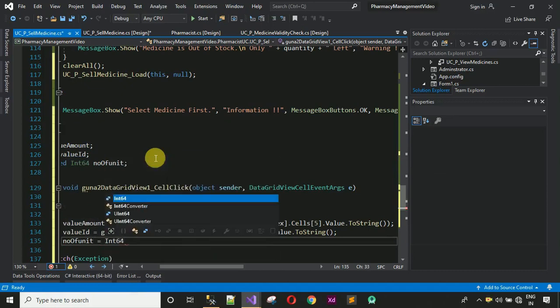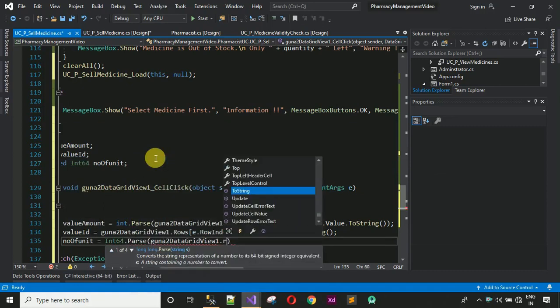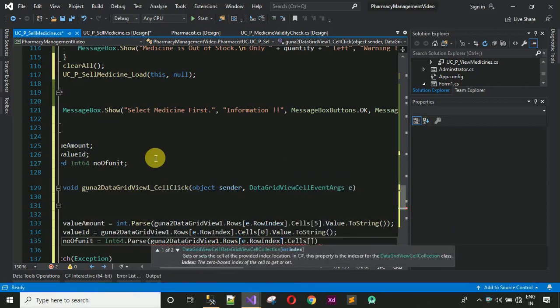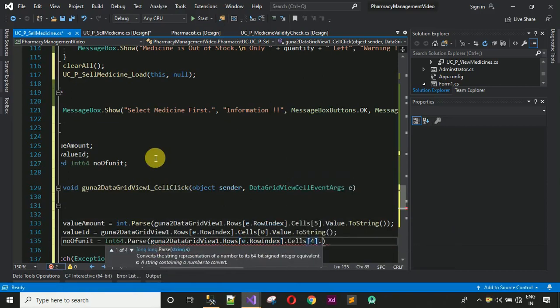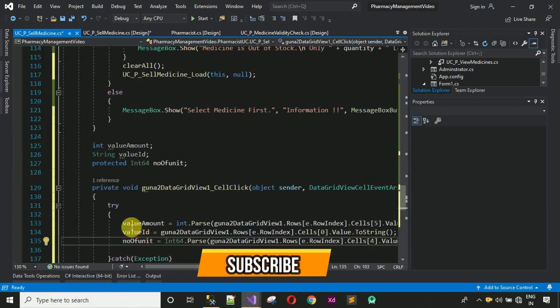So Int64.Parse, and inside this one we have to write guna2DataGridView1.Rows[e.RowIndex].Cells[4].Value.ToString. Now we have the required stuff, that is the total amount, and this